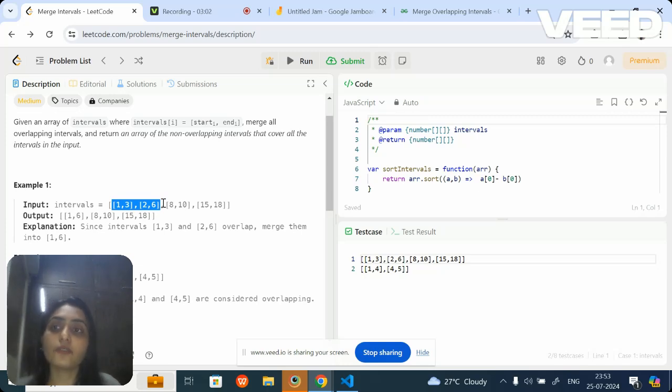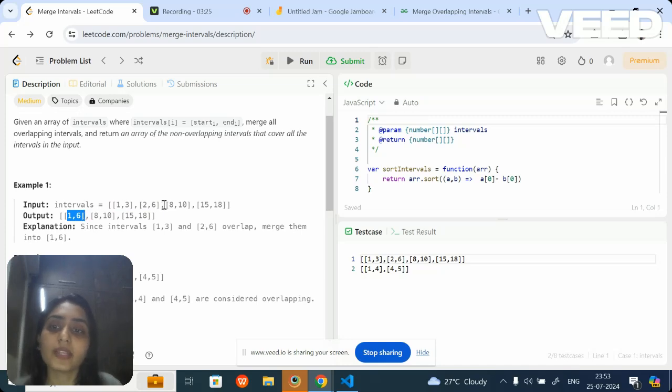If you find that these two arrays are overlapping, then you merge them. And how do you merge them? Whatever is starting from 1 till 6. Now you've got 1 comma 6 as the first interval, because you've merged it.